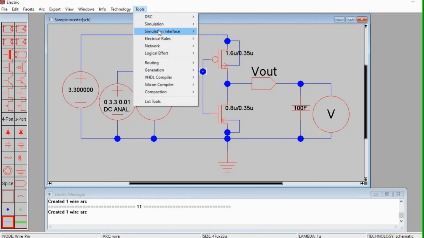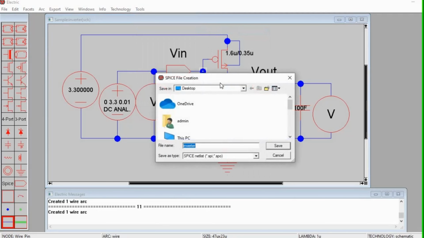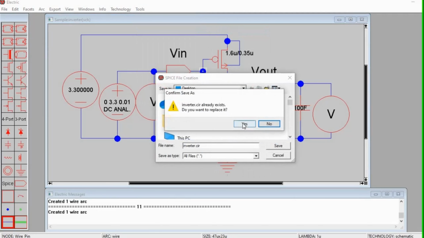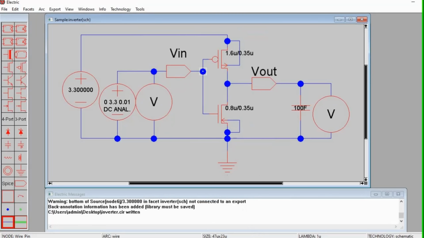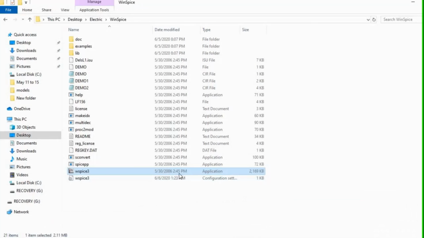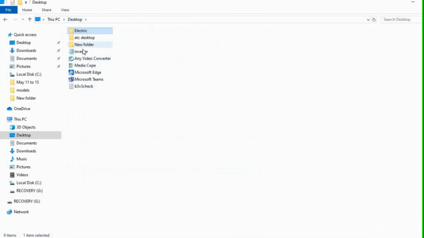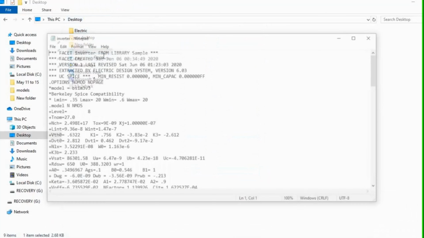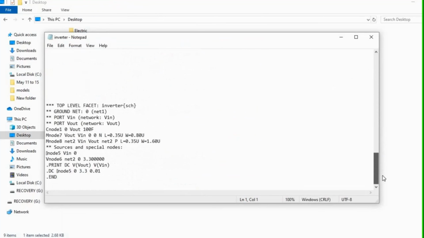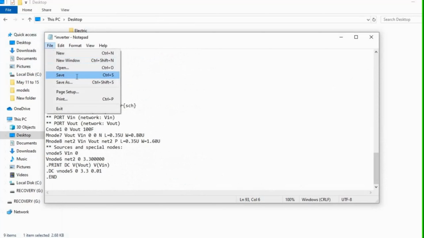Again, Tools, Simulation Interface, Write Spice Deck. Change the special character to letter V. Don't forget to save.